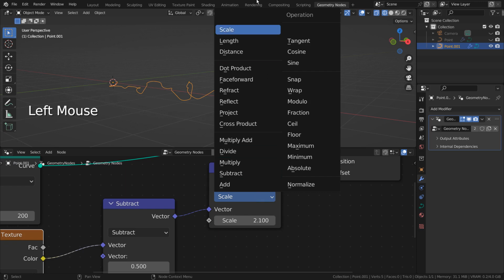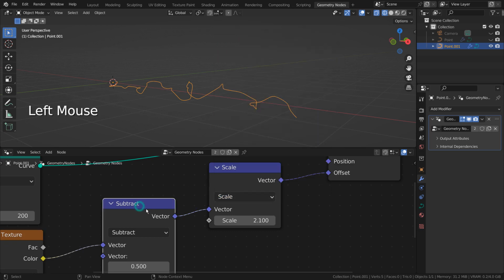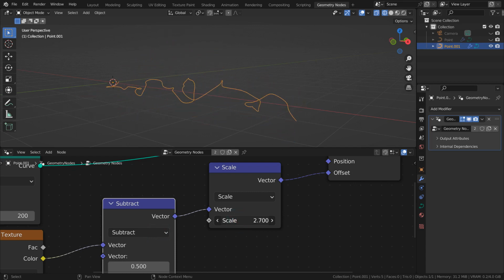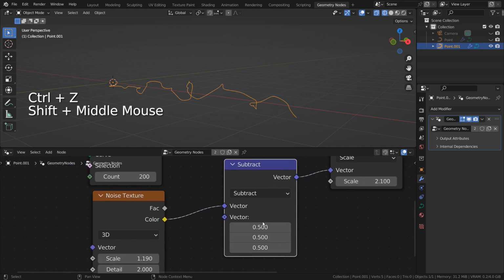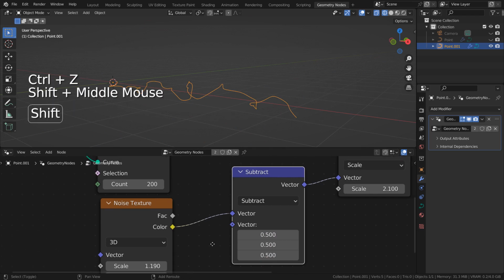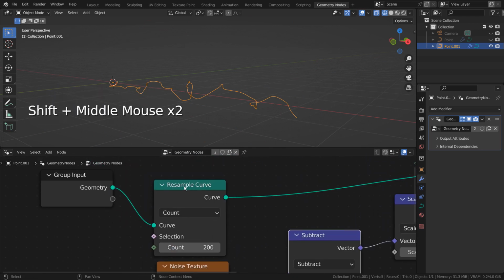This is a math node. We can add more curve points by using the Resample Curve node.